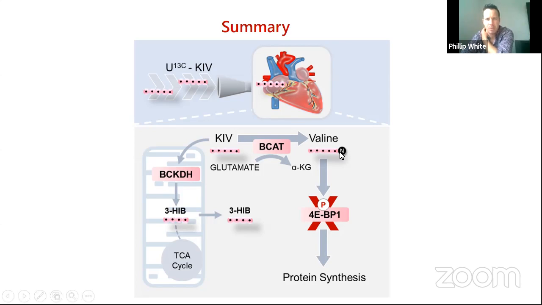And so when you expose hearts to levels of branched-chain keto acid that are found in pathologic conditions such as obesity and insulin resistance, you get an increase in protein synthesis that seems to correspond to an increase in phosphorylation of 4E-BP1, but also potentially effects through suppression of the p38 MAP kinase pathway and possibly through activation of ERK, and changes in phosphorylation across a number of proteins related to the cytoskeleton. We hypothesize that this could be involved in cardiomyopathy, and this is where our future studies are headed.